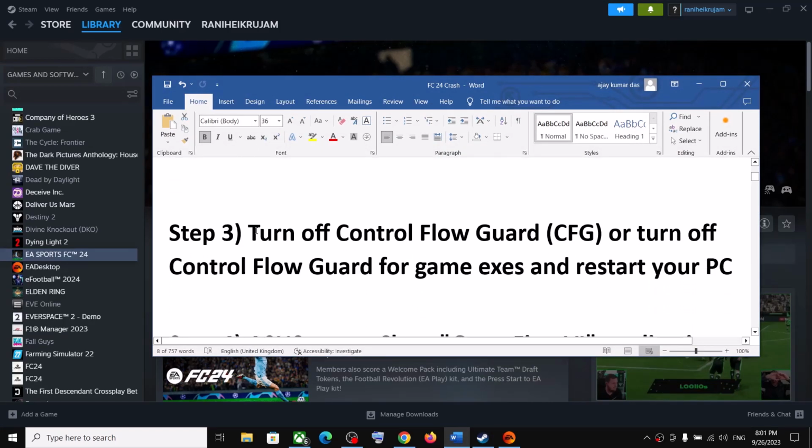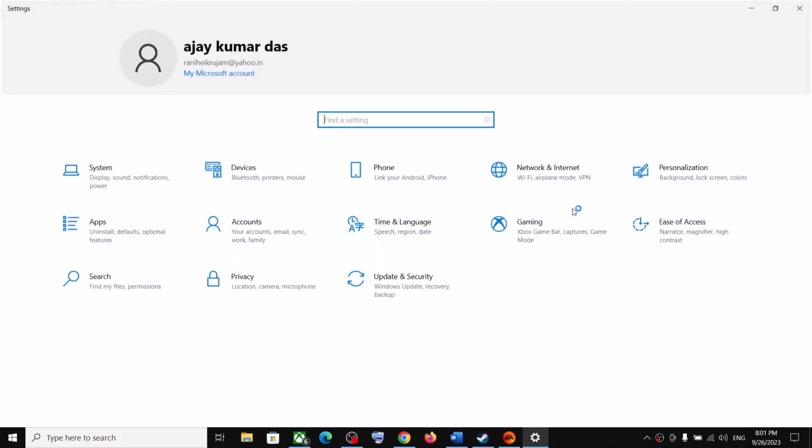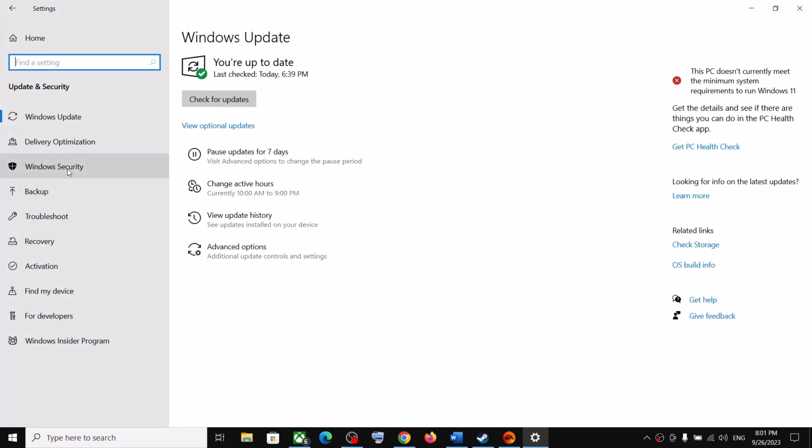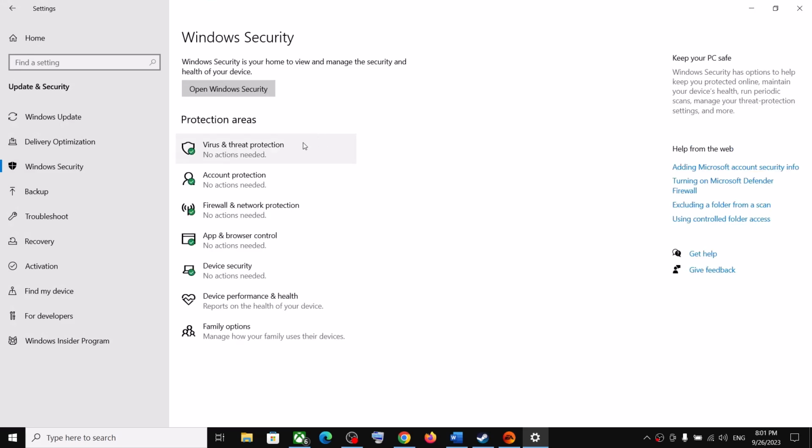Now the next step is to turn off Control Flow Guard in Windows settings. So open Windows settings. Now if you have Windows 10, click on update and security. In Windows 11 you will have an option privacy and security. In Windows 11, on the left hand side you will see the privacy and security option. Click on privacy and security. In Windows 10, click on update and security. Now click on Windows security. Now click on app and browser control,